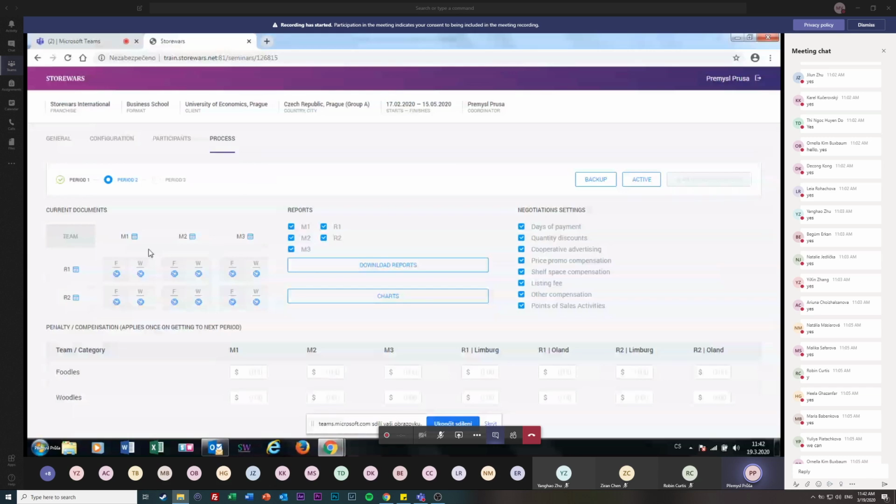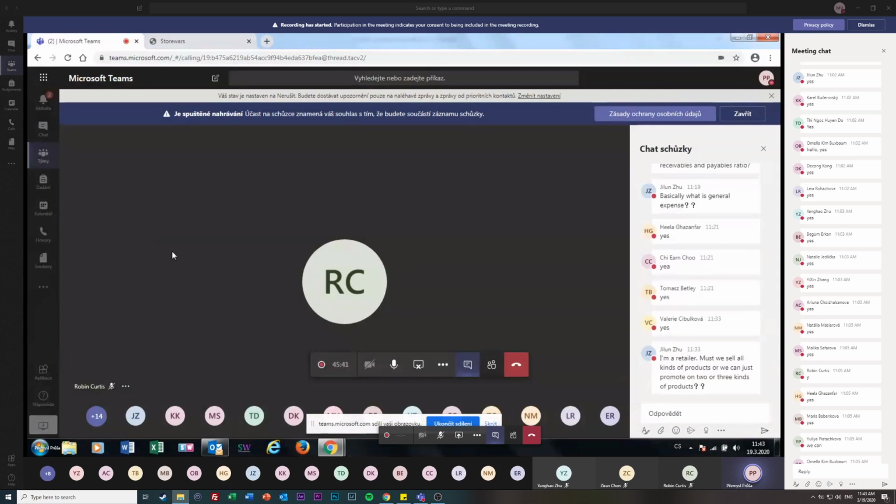And once I have all the data in the system, I can start the new simulation for period 2, and I will show you the new data. The question is how fast you can do it, of course, because normally we make the negotiations at the university. You need to make it online, or you can do it from your homes, but you need to speak, of course, and based on that you can make the decision. So the question is, if you are able to make all the negotiations and all the decisions by the next week, let's say by